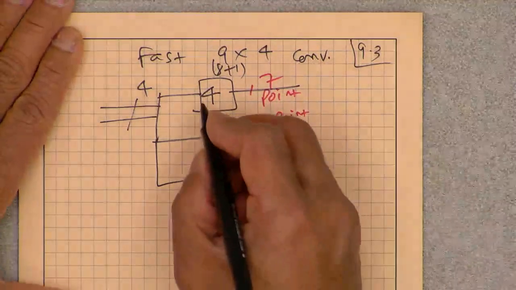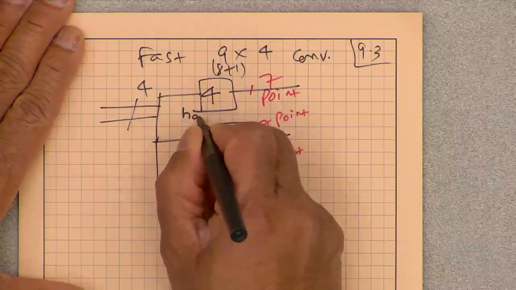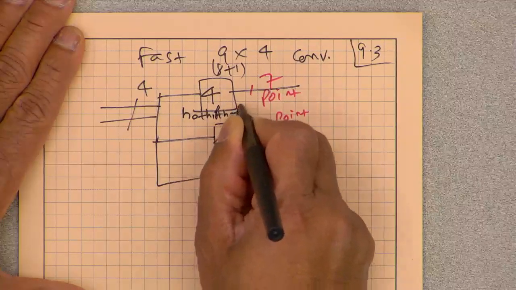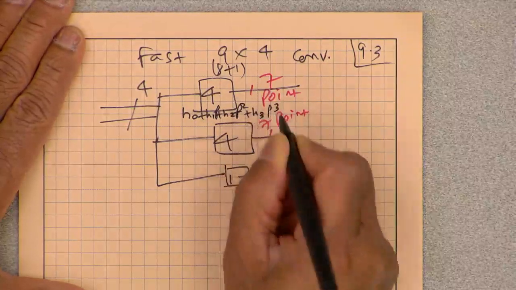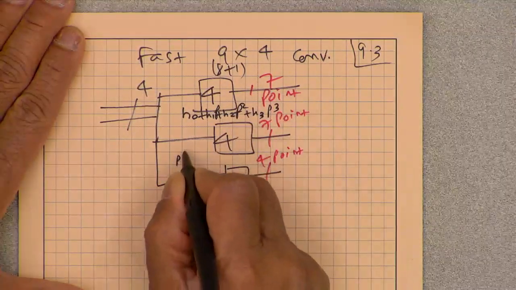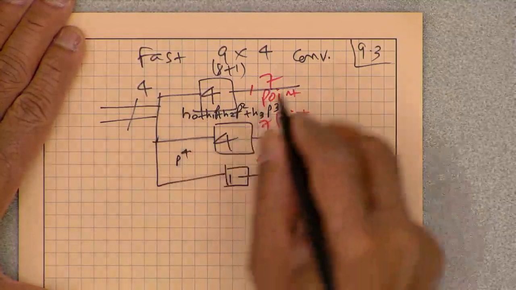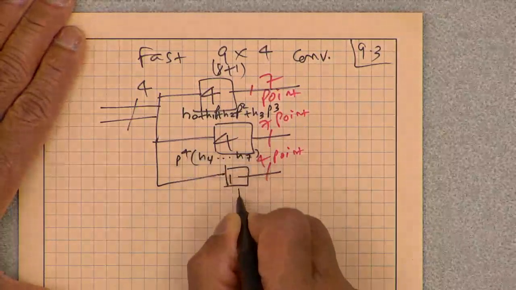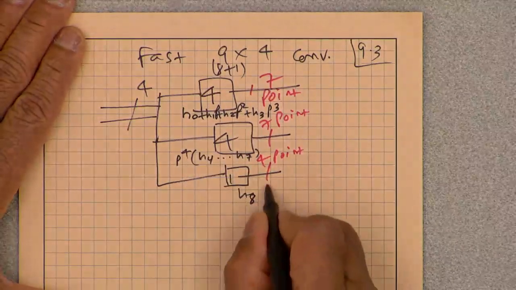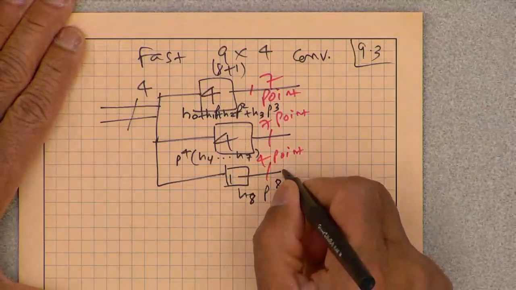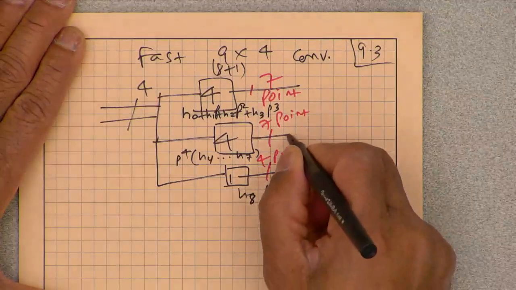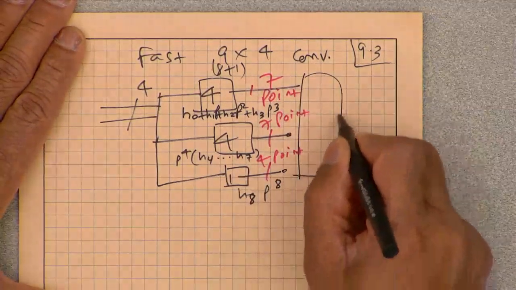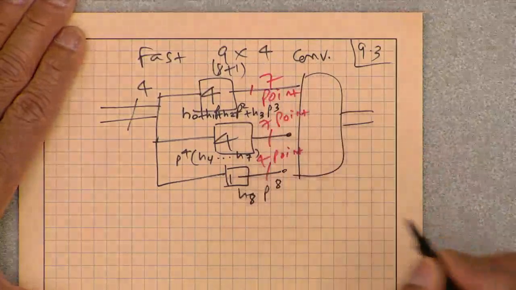So think about this, let's say, as h0 plus h1p plus h2p squared plus h3p cube, and this is p to power 4 times, so that has to line up correctly, and then h4, 5 and h7 I'm not writing anymore, and this is h8. So h8 p to power 8. So whatever is coming here has to multiply by p to power 8, whatever is coming here has to multiply by p to power 4, and then you will merge all these. So 7 point, 7 point, 4 point.